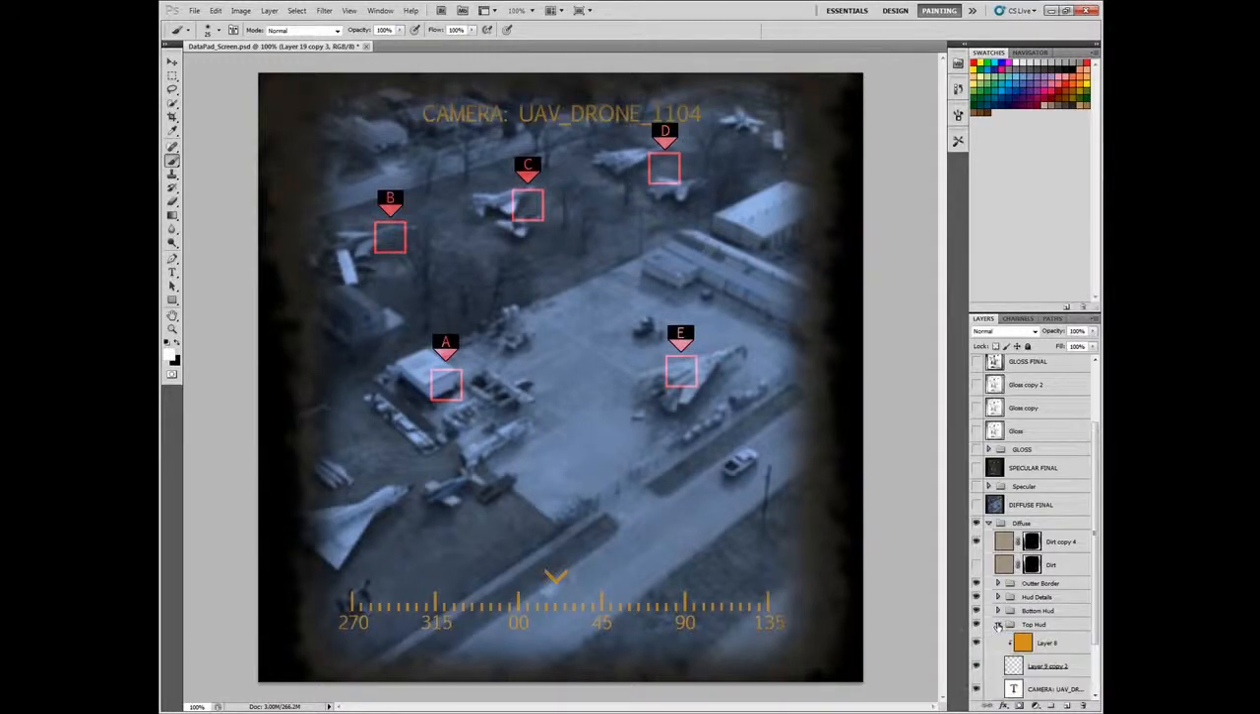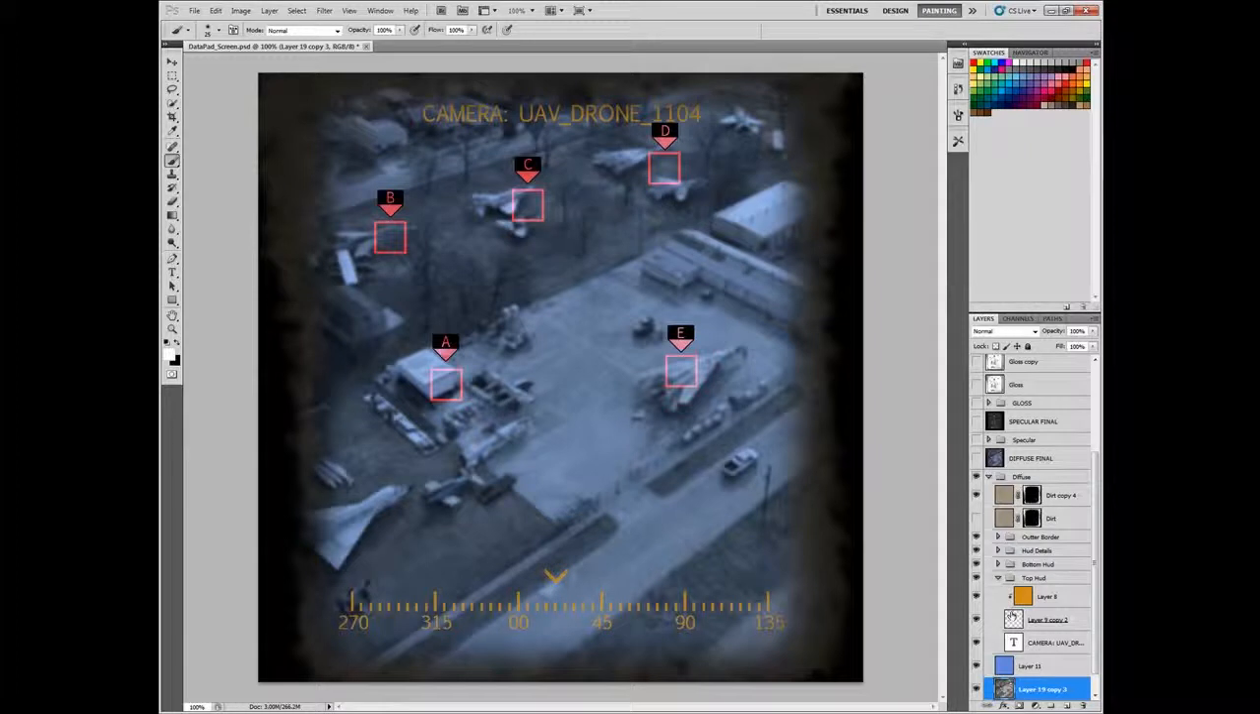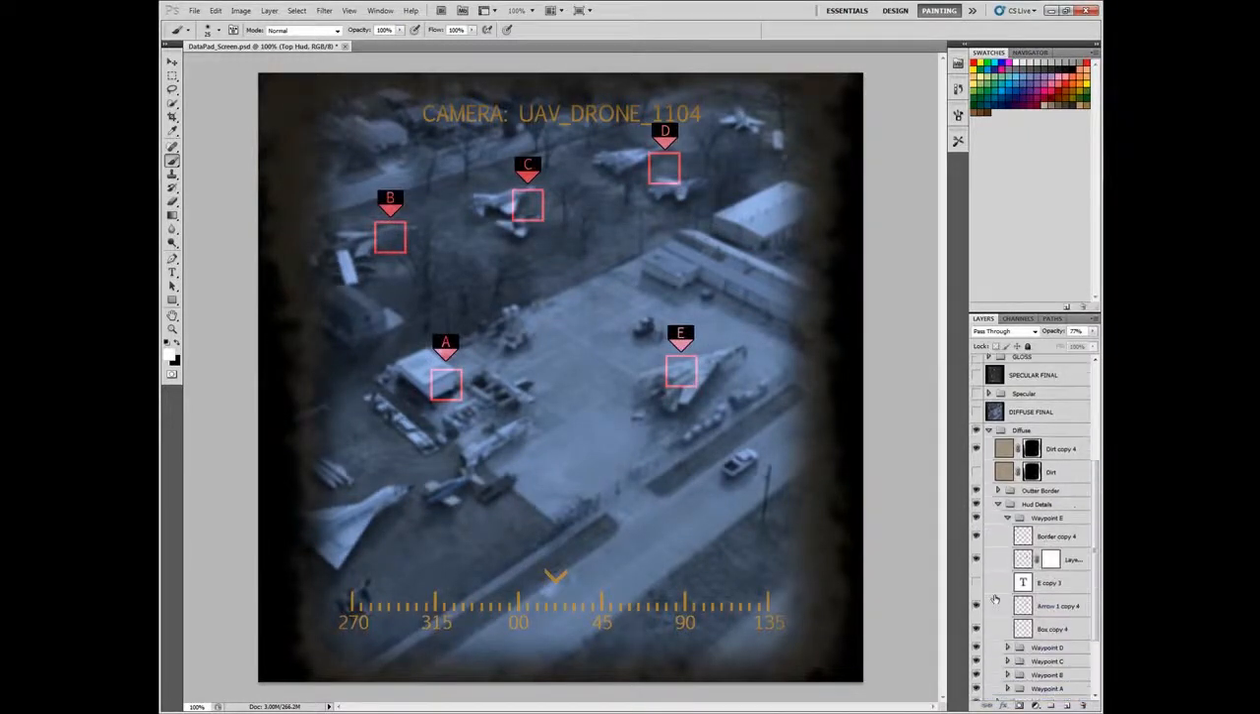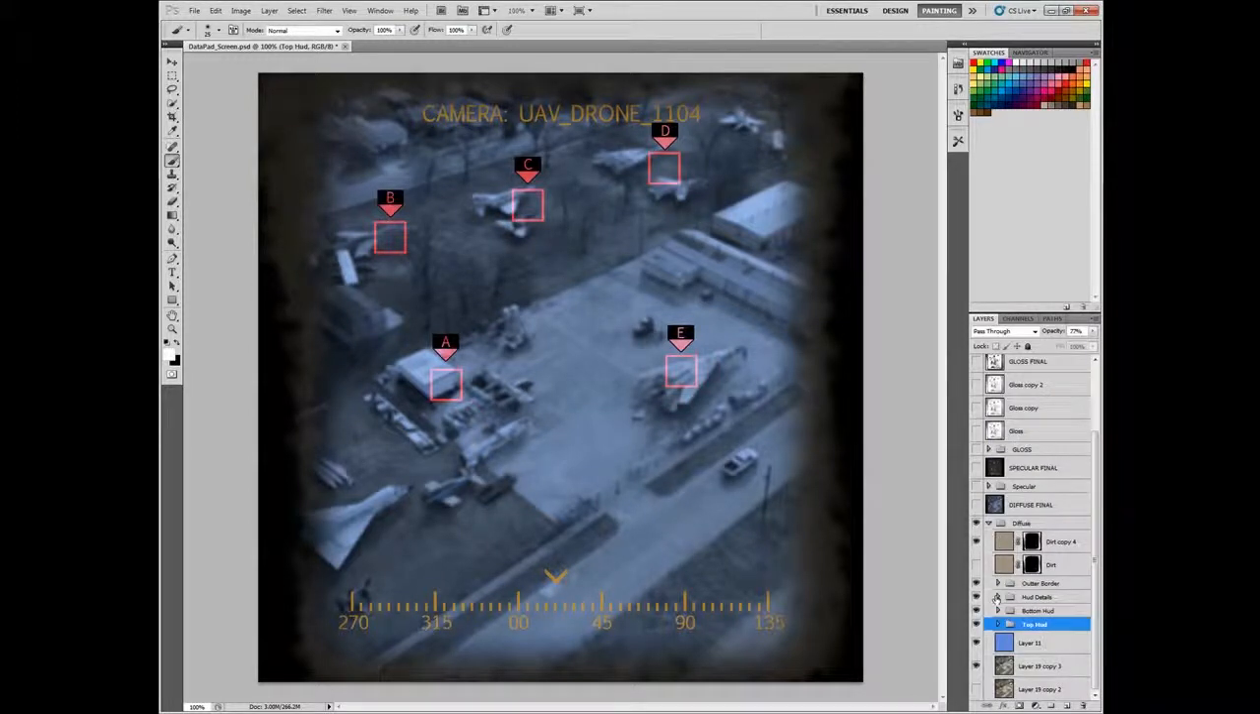The HUD was created with text, and you can see I used clip and mask here. So when I did the flood fill here, you can see it clips it just to the text itself. So I did that for the bottom HUD as well, and the details are just small boxes, not much to it, just a few small tiny details. And the outer border here,